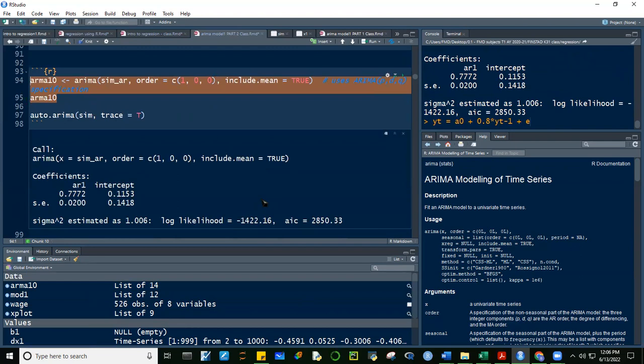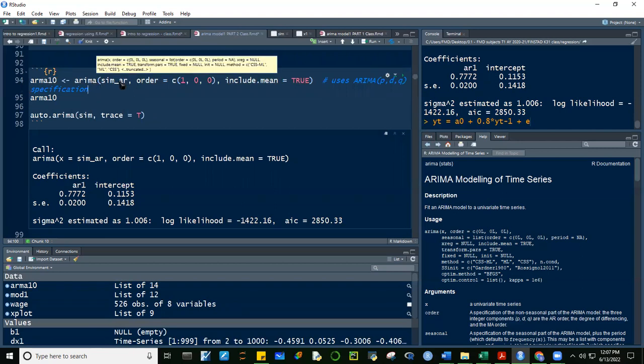Okay. Then what do we have here? Ano makikita natin dito? So sabi kasi natin mag-determine ng ARIMA model, no? Okay, anong ARIMA model ang pwede natin magamit for this object, itong sim_AR natin.